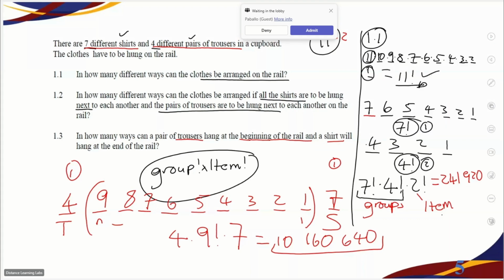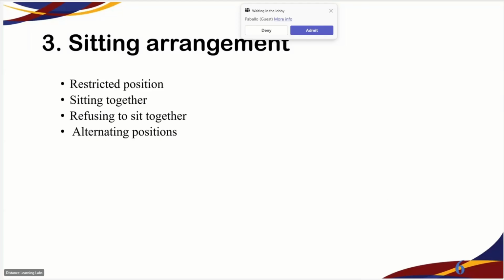From there, we have seating arrangement, where now we are going to deal with people that are going to be sitting in a row. Again, on the seating arrangements,